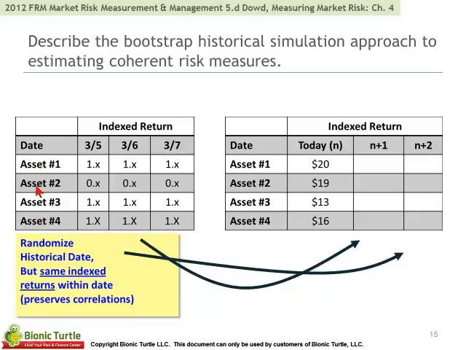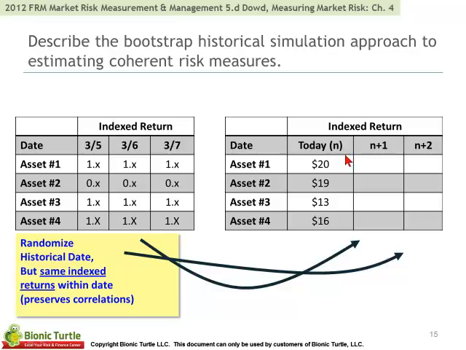Together that constitutes the portfolio. And then over time, we're going to have returns, right? So we've got time as the dimension in this row, and the portfolio represented as a vector of assets in the column. The returns are what they are, and then we can index those returns off some baseline, and we have the matrix of returns. So in the bootstrap historical simulation,